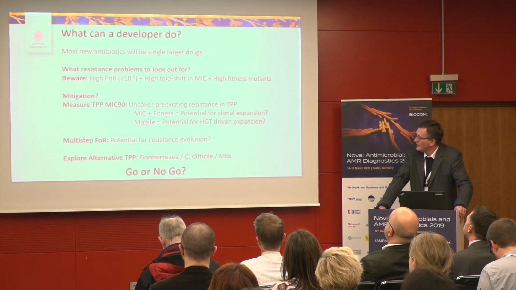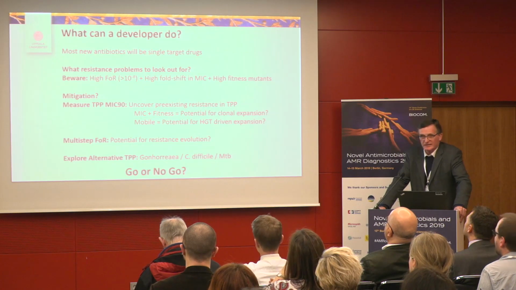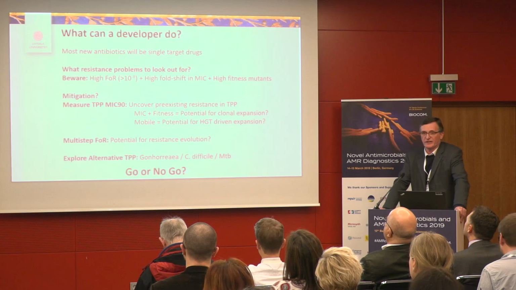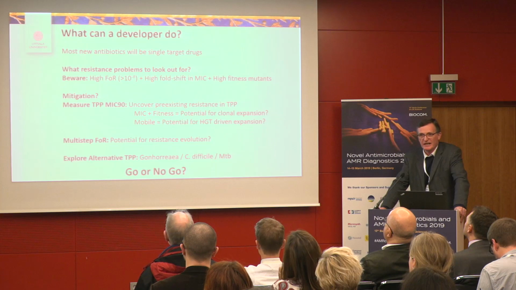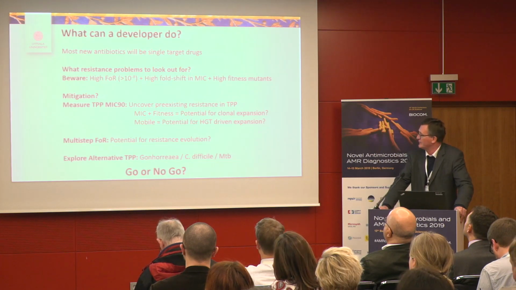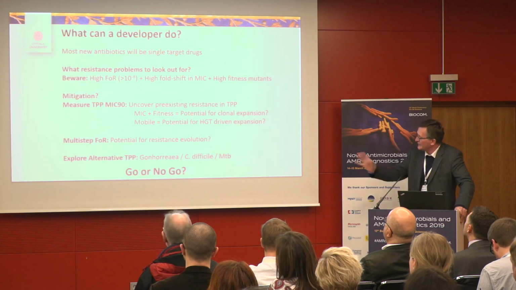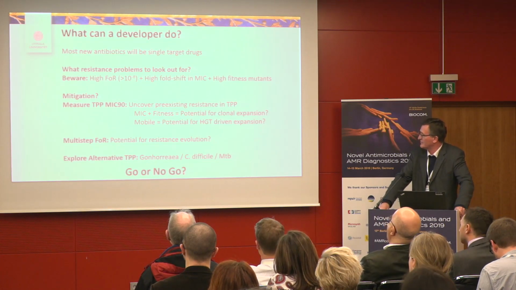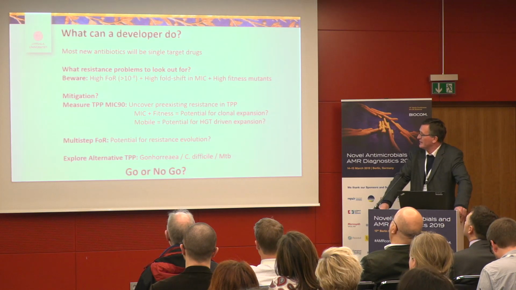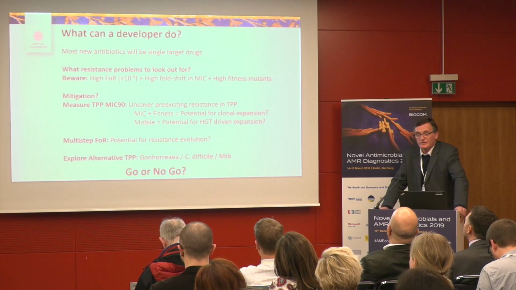What can you do about it? Well, I think extensive MIC90 testing is probably advisable to see if you can uncover pre-existing resistance in the bugs you're targeting, because if it's out there, it'll inevitably be enriched. And this combination of MIC and fitness out there in the TPP organisms really gives you this risk for potential clonal expansion. You might also detect mobile elements within your organisms, but if they're not in the organisms you're targeting,